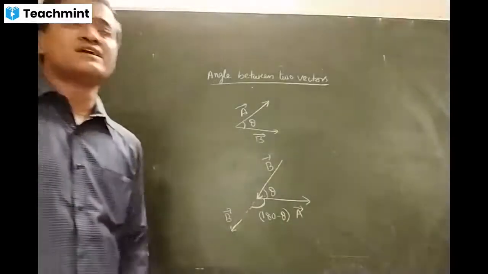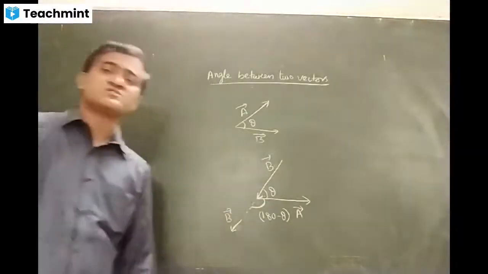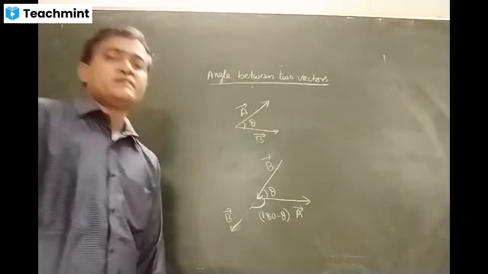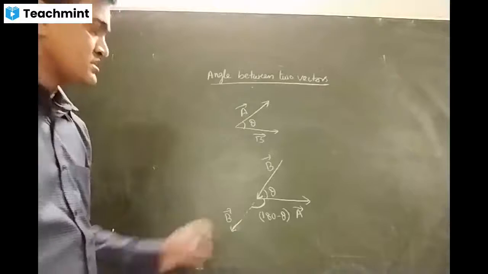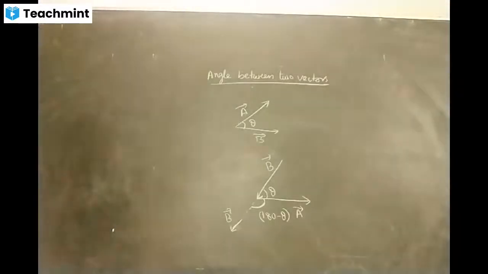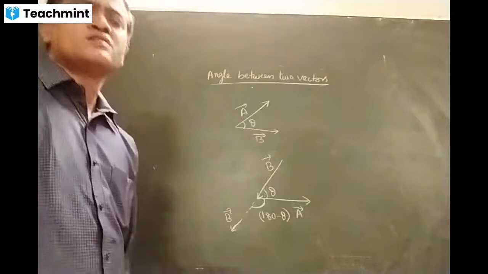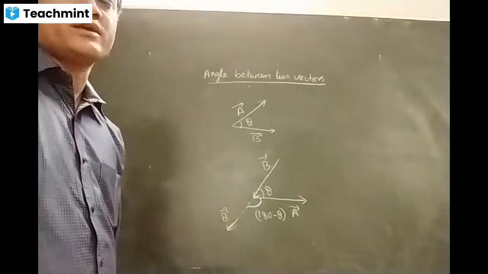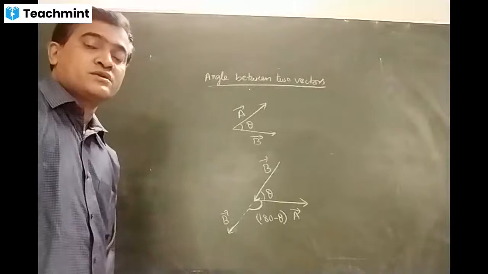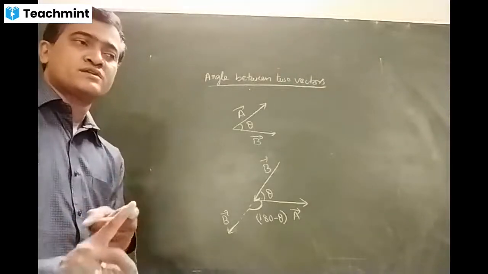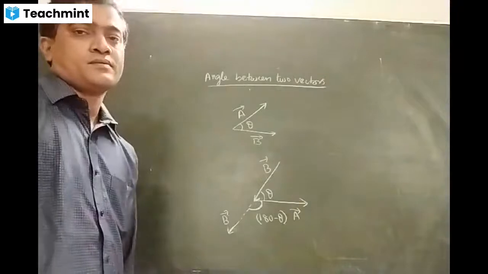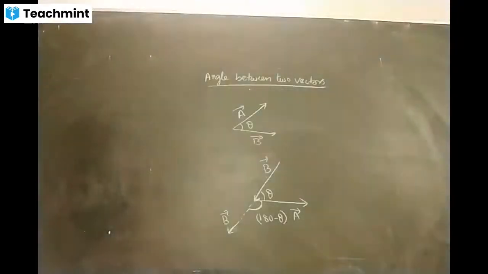Now what is the angle between A bar and B bar? What is the answer? 180 minus theta. 180 minus theta should be the angle. No, it is not that acute. No, I mean, I'm sorry, actually I forgot. So it is not that acute. But whenever two vectors' tails are coinciding, that angle you have to measure. Okay. Now let me give you one more scenario.